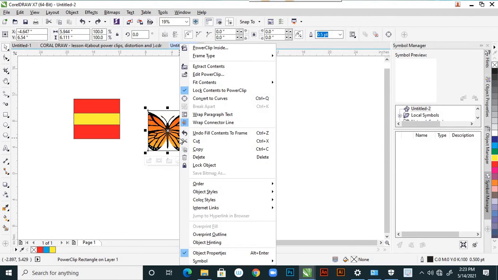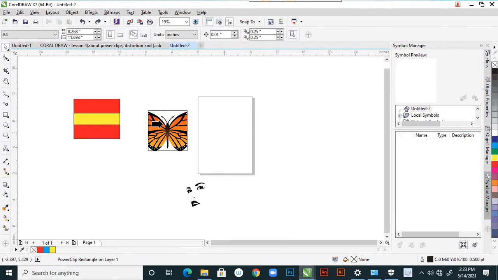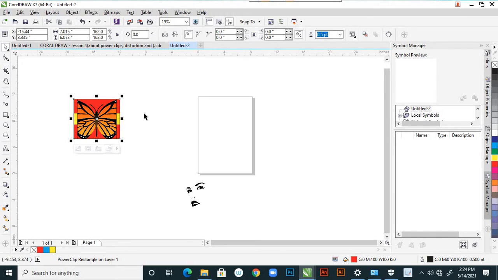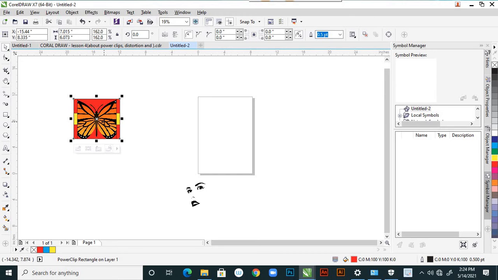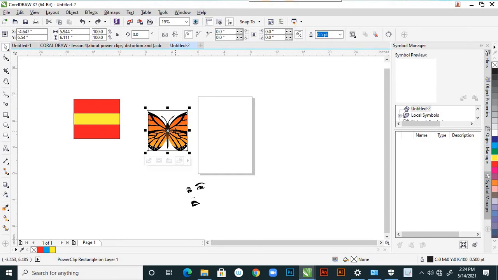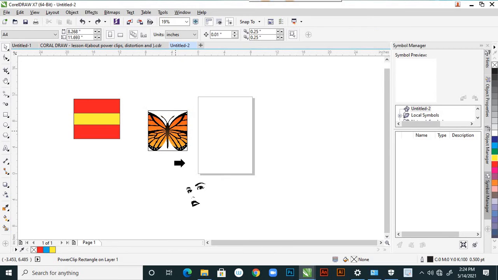Suppose here PowerClip Inside, because it is already in a PowerClip, and again I'm planning to apply it on that. See, it is applied. Suppose here Control Z, and PowerClip Inside. I'm trying this, but it is saying the object you selected is invalid.